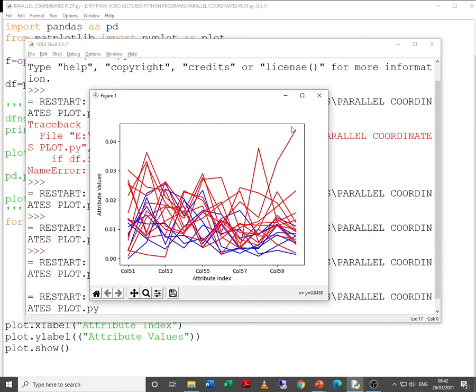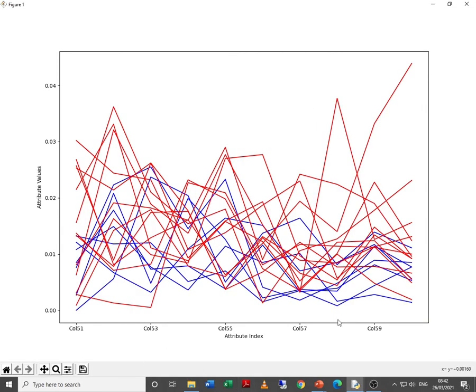Now you can see, as the number of columns increase and as the number of rows increase, it starts becoming a little bit clumsy, in the sense it is a little bit difficult to interpret. But we can say that the rocks are more focused over here, whereas the mines, sorry, I said the reverse, mines are with red and rocks are with blue. So rocks mainly are centered, whereas mines are a little bit on top.